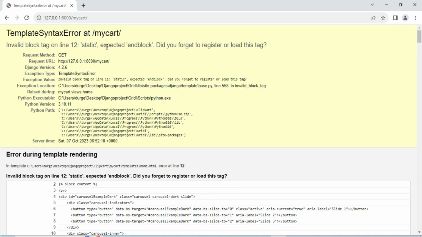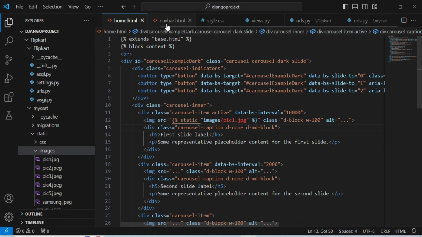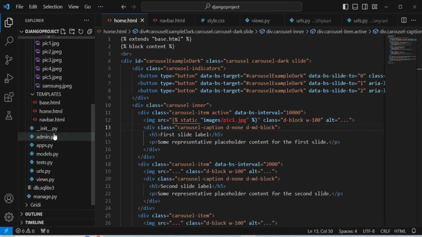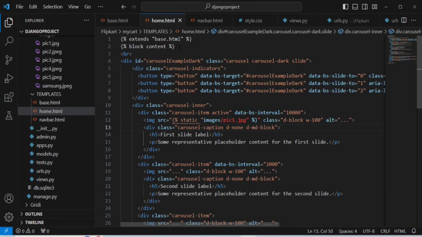We have made one mistake, static. We need to load the static in this page also. As I already told you, we need to load the static in all the pages where we want to load the images and static related or CSS related things. So go to the base.html page, simply copy this one, and come to the home.html page, and here